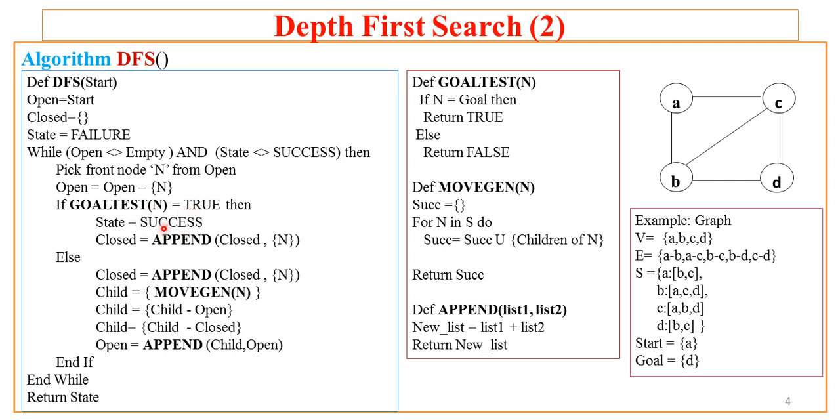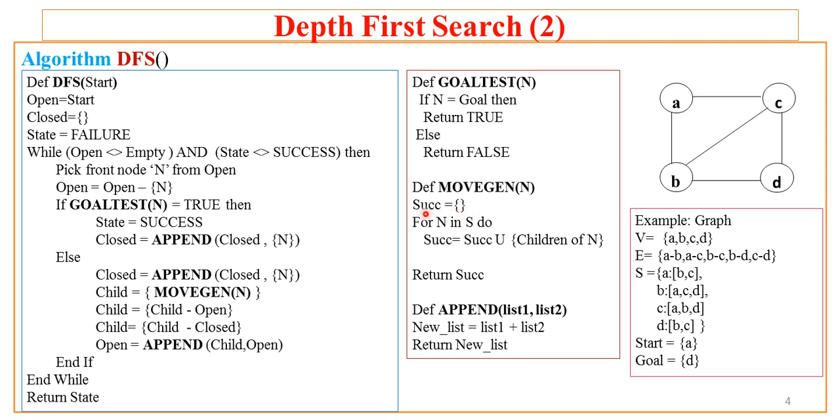If this test condition is true, then this happens; otherwise it gets into the else part and again repeats the same process: it takes the current node and appends it to the closed, and will now try to find the immediate successors of the given node n. So here moveGen works. How does this moveGen work? Just focus on the moveGen. It takes the current node. For example, if we start with A, it will say n is A. So it will explore moveGen of A.